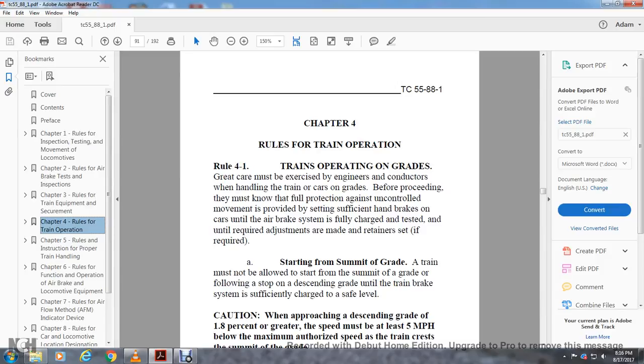They must know that full protection against uncontrolled movement is provided by setting sufficient handbrakes on cars until the air brake system is fully charged and tested, and until required adjustments are made in retainers and set if required. A train must not be allowed to start from the summit of a grade following a stop on the descending grade until the train brake system is sufficiently charged at